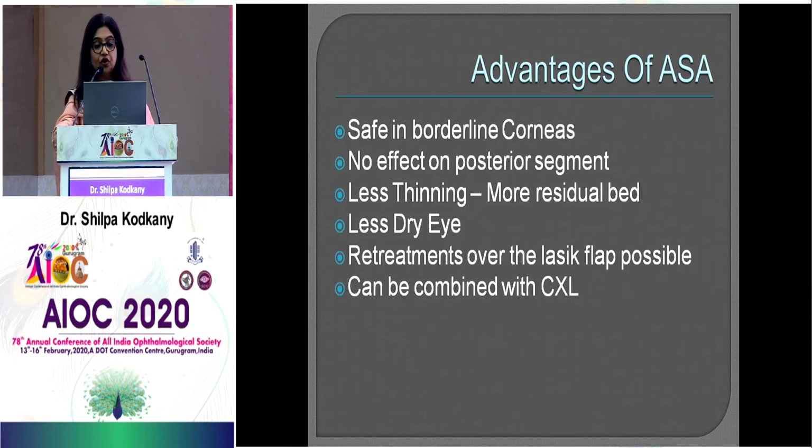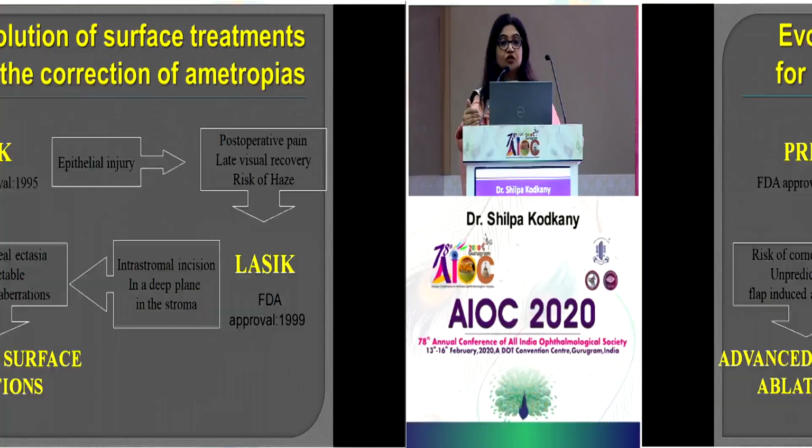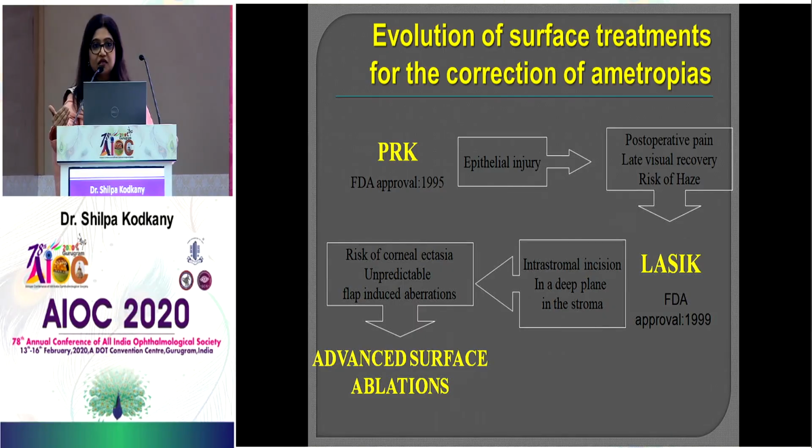So the advantages of advanced surface ablations are: it is safe in borderline corneas, there is no effect on the posterior segment, there is less thinning because you have more of a residual bed, there is less dry eye, and the retreatments over the LASIK flap are also possible, and it can be combined with corneal cross-linking. So these are some of the ways in which we are able to remove the corneal epithelium, and like I said, now it's the Epi-Bowman's which has come in. So all these removal of epithelium per se is where the evolution of surface ablations is going, and there are newer and better methods coming up